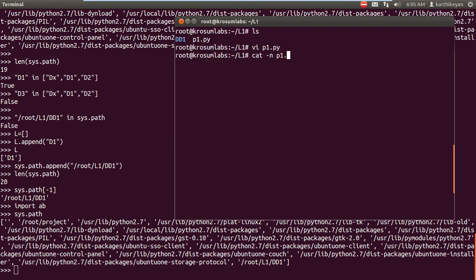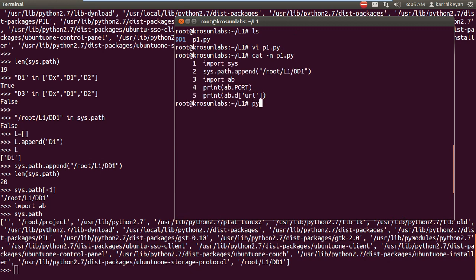I'll show you in the interpreter. Compare these first two lines. Now you can run python filename.py, and this file is able to load. So this is called a module, and the first two lines are the important step. Whenever the modules are in a different location, not belonging to sys.path, the change is not permanent, only for runtime. If I create another file p2.py and don't add this path, and I import AB, we'll get an error message.